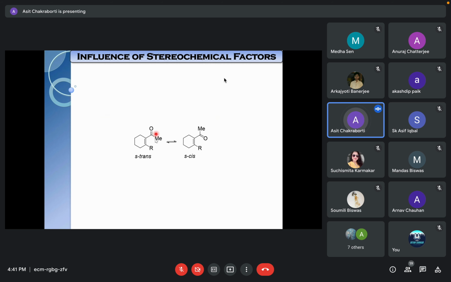If you take a molecule of this structure, R is a general substituent. R might be hydrogen, when it is called 1-acetyl cyclohexene, and when R equals methyl group, 2-methyl. So when there is a non-hydrogen atom over there, there is going to be a steric interaction in the planar molecule between R and methyl, and to avoid this steric interaction, there is supposed to be rotation along this single bond. So this is going to be that.